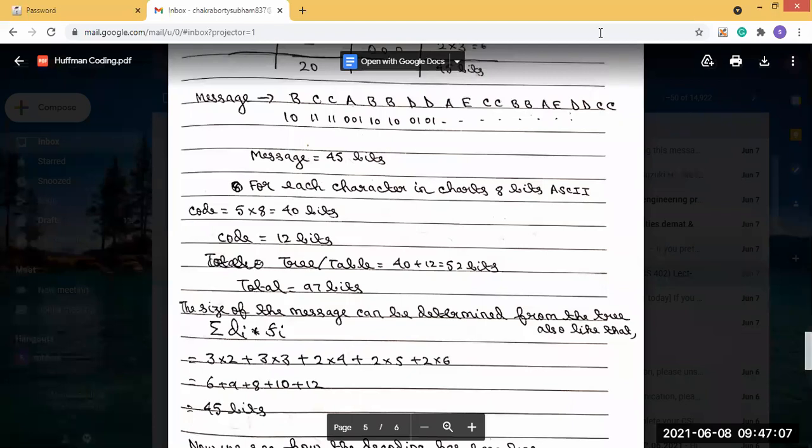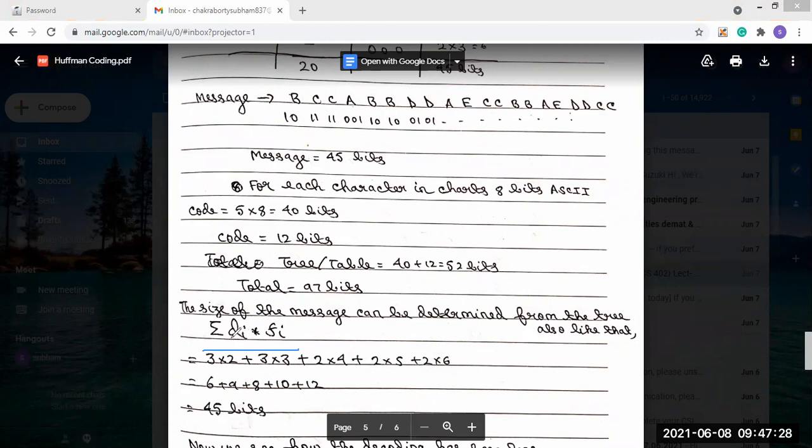For this, we have to use the formula, summation of di into fi, where di is the distance and fi is the frequency or the count.